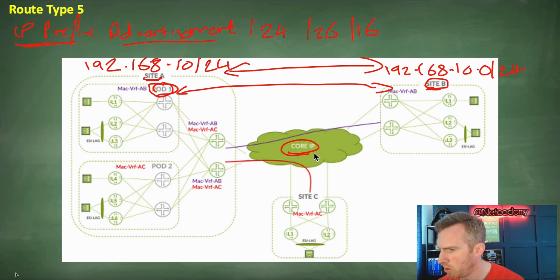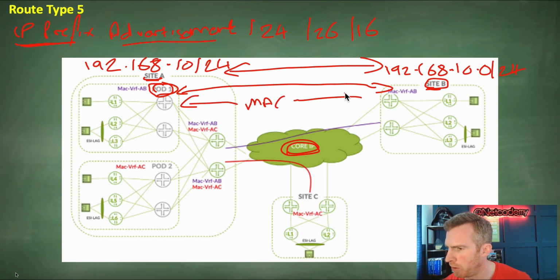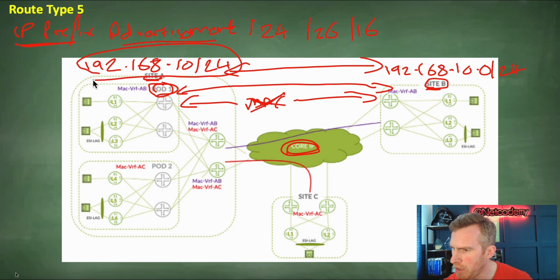And quite literally that core IP, as it should be doing, is providing that transport. So no longer do we have all those MAC addresses going back and forth and populating all of those tables and entries in that table. No, we don't have that anymore. It's quite literally just advertising the prefix of all the tenants, servers, etc. that fall within this prefix that are in site A and that are in site B